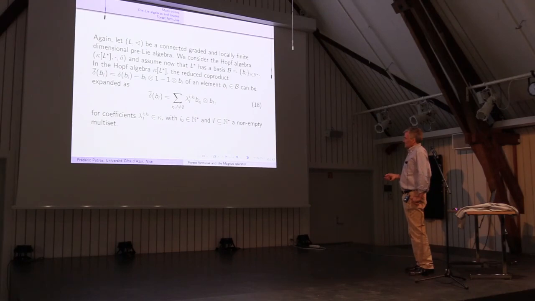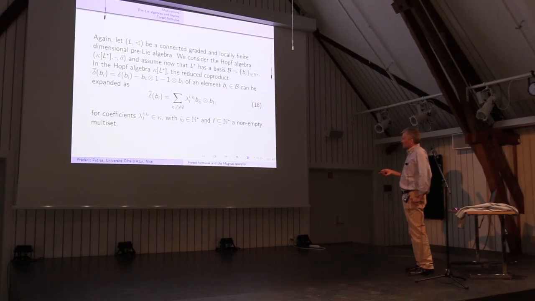Well, this coproduct will be associated to structural coefficients. So its structural coefficients in the basis, with this specific form in this case, that the left term with respect to the tensor product is going to be linear. If I start from an element in the dual of L, I will have here an element in the dual of L, and here I will have all possible monomials over the dual of L.